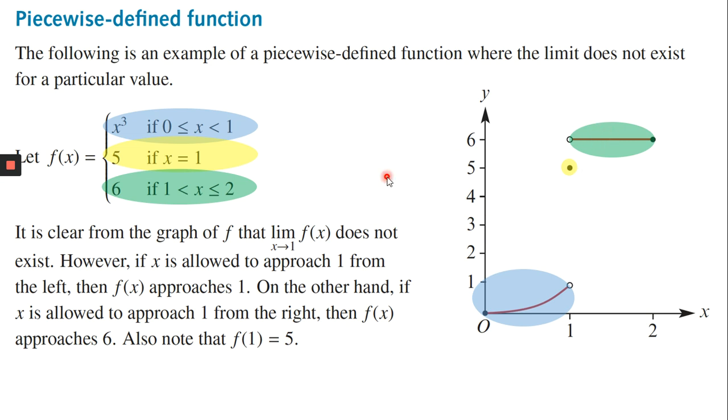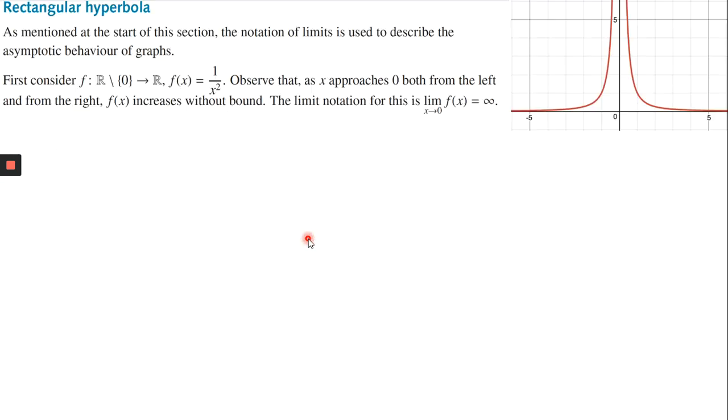Between 1 and 2, so it's greater than 1, not coloured in. Less than or equal to 2, coloured in. Rectangular hyperbola, so this one here, we can see that as